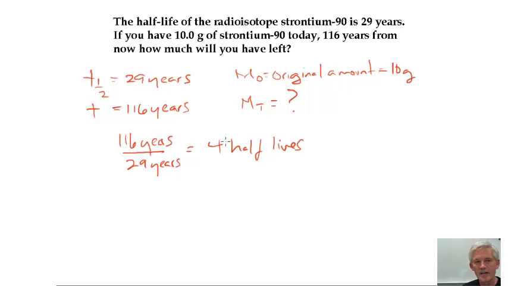We have 4 half-lives. Probably the best thing to do at this point is to go to step 3, which is to use a formula, and I'm going to show you that, but I think it's not a bad idea